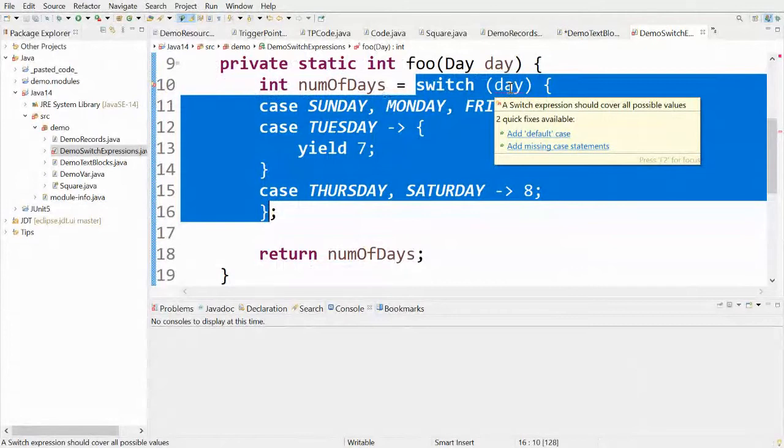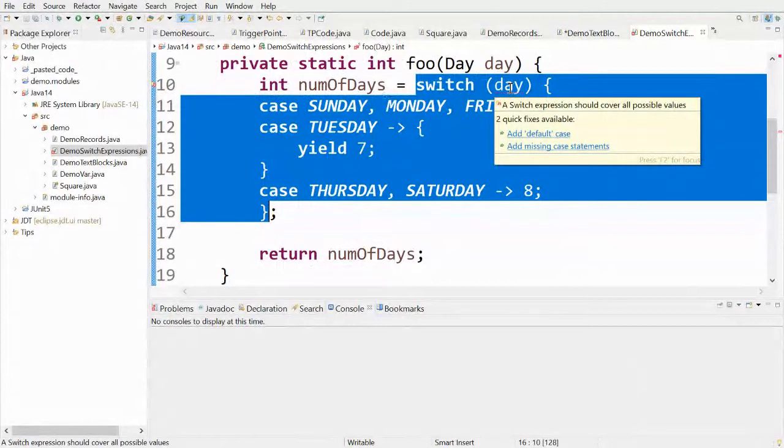Now, in this case statement, if you see, there are multiple labels present here, and Eclipse IDE provides you a quick assist to split these case labels so that you can provide different values to them when you need. And if your switch expression is getting too long, you can also control click on the default and case keyword to quickly jump to the beginning of the switch expression here.